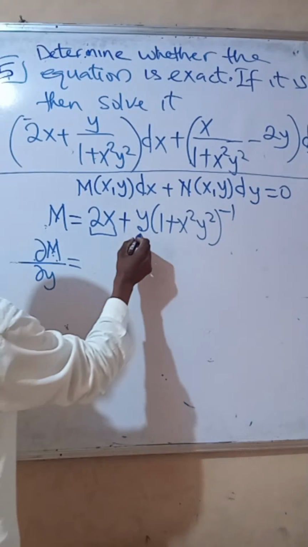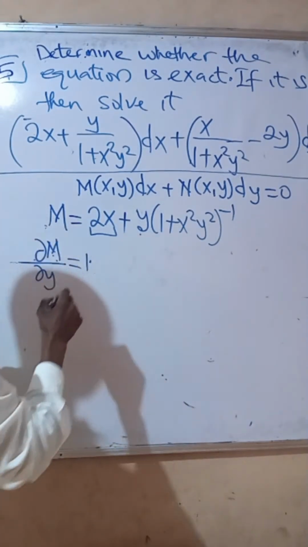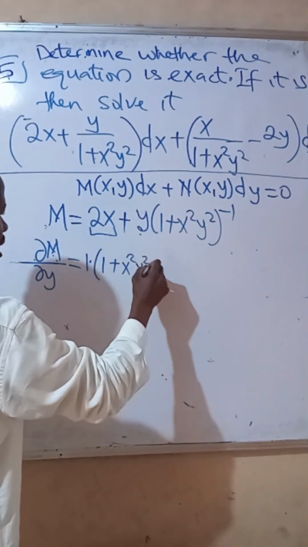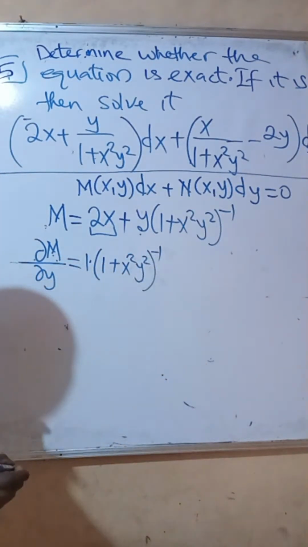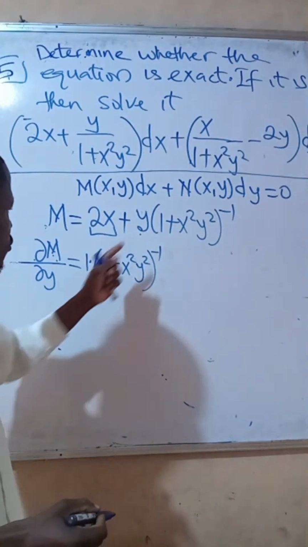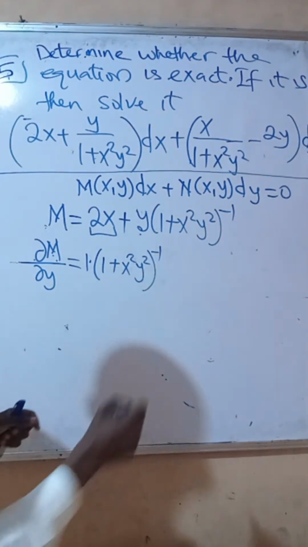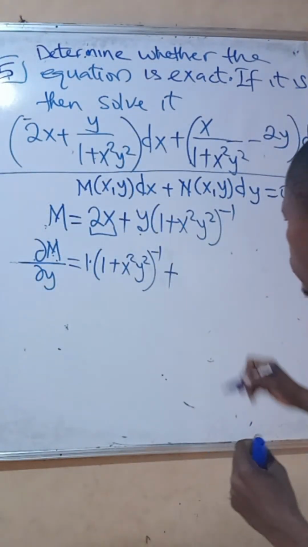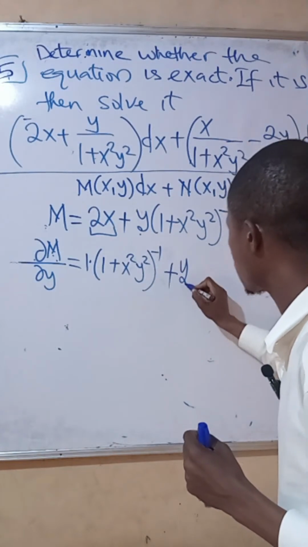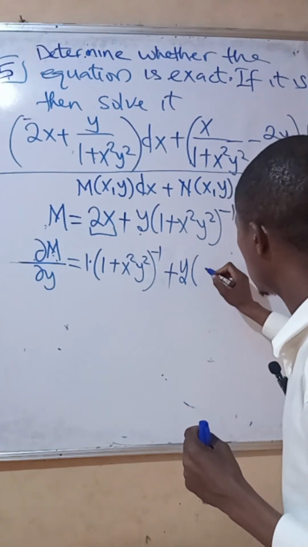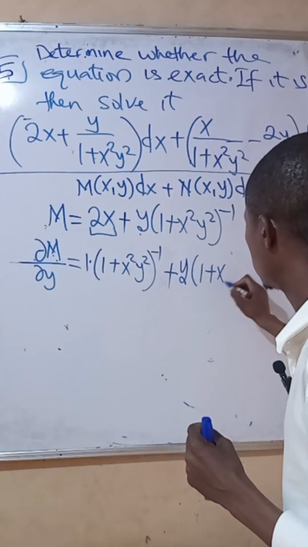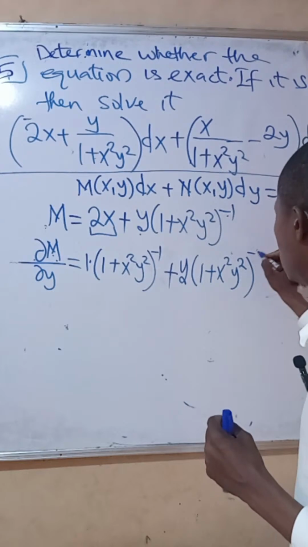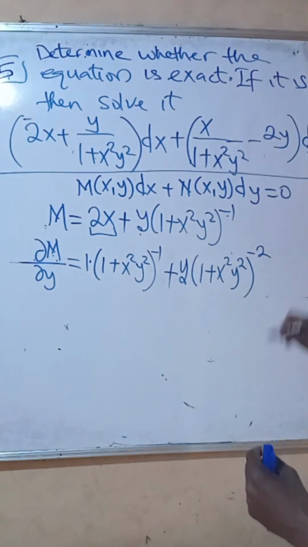Okay, so I'm going to differentiate y. That will be 1. Keep this one constant: 1 plus x squared y squared, to the power minus 1. Then the next stage is a product rule and at the same time a chain rule. Now keep this one constant. Now differentiate this one, 1 plus x squared y squared, the power minus 1, that's minus 2, and then times